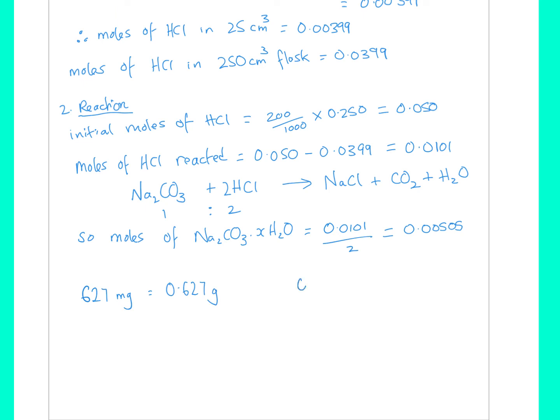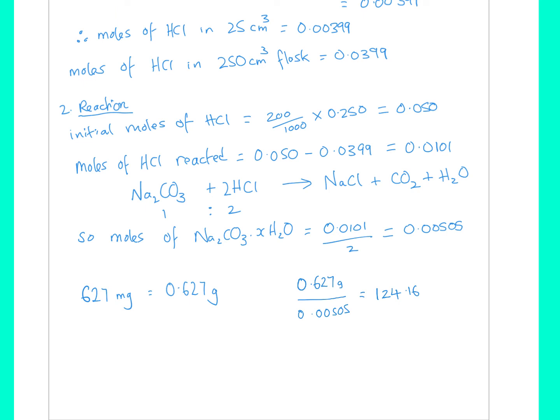If I know the mass and I know the number of moles, I can work out an MR. So if we do mass divided by moles, we'll get the MR of the hydrated sodium carbonate. So 0.627 over the number of moles, 0.00505. And we get an MR of